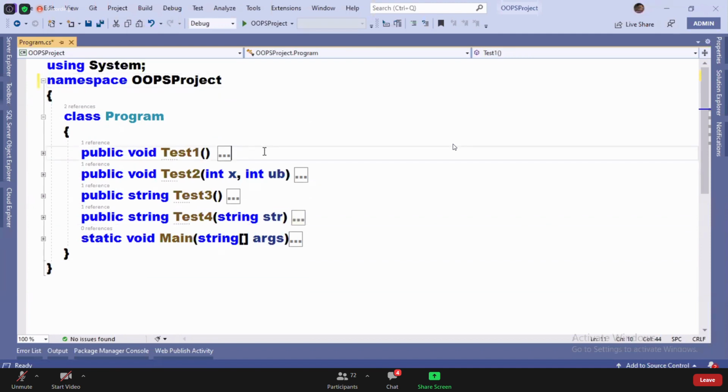So 2 ways to consume: one is inheritance, second is instance creation.